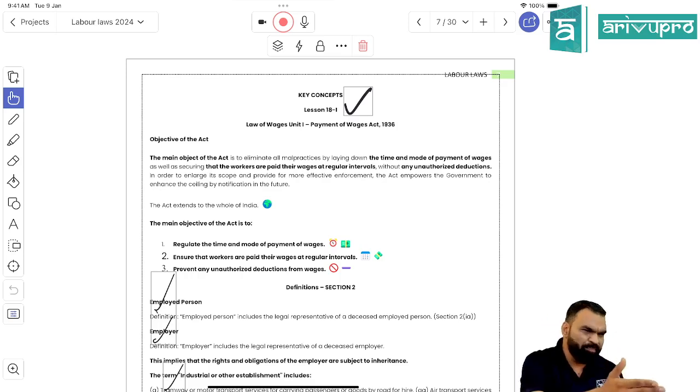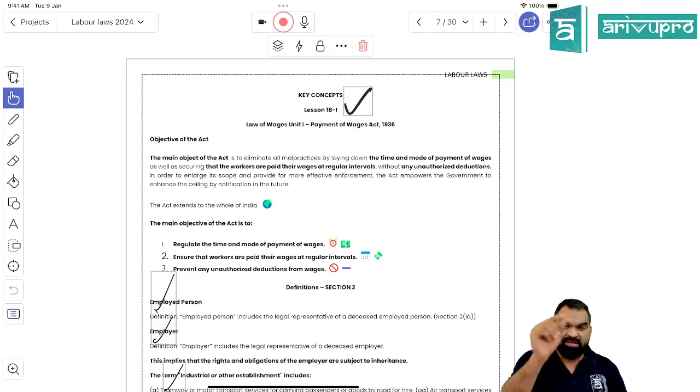Section 4 is about wage period. Section 5 is about what? That is 7 days, 10 days and all, right? Section 6 is about wage need to be paid through banking channel or cash. 7 is about fines. 8 is about fine related provisions. Then I think 9 was not there. 13 was there. 13 is the maintenance of records, and 15 is fines, right?